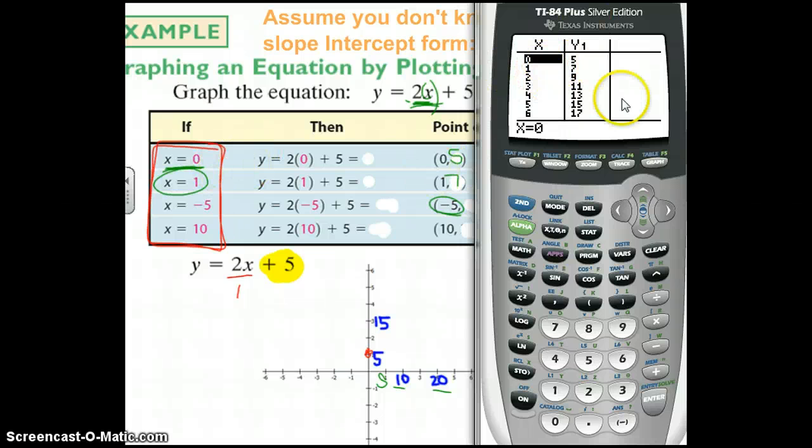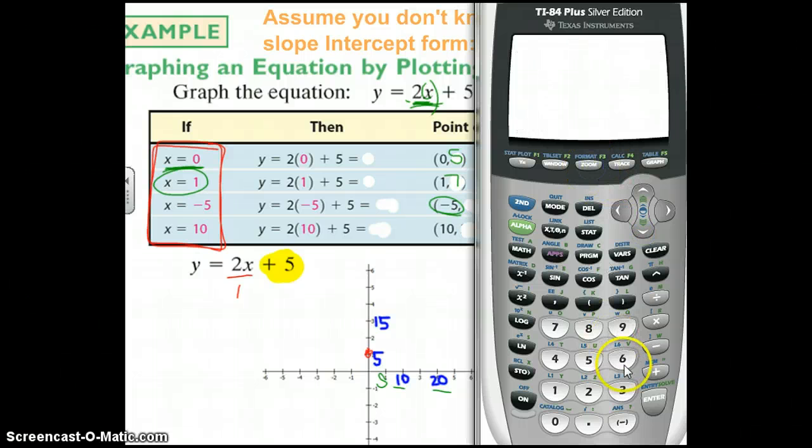0, 5 is here. We can see what happens at 1. We get the 7. If I scroll down to -5, we can see that we get a -5. And if I hit zoom 6 and actually do look at the graph, you can also find the values by hitting trace 10, enter, and the y value,